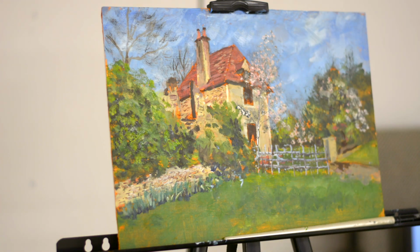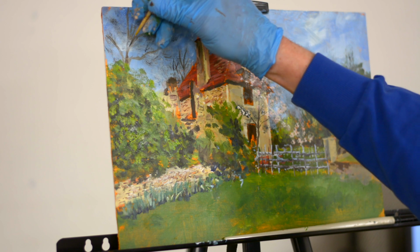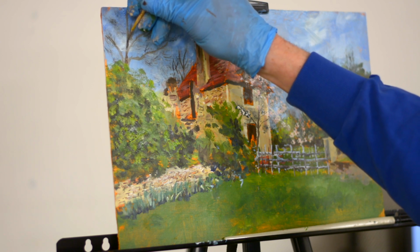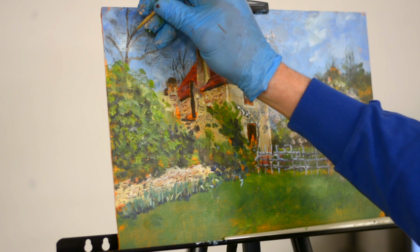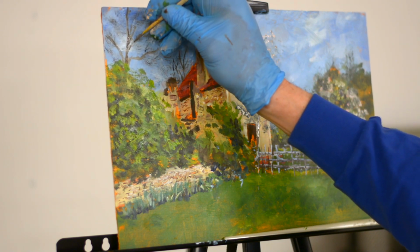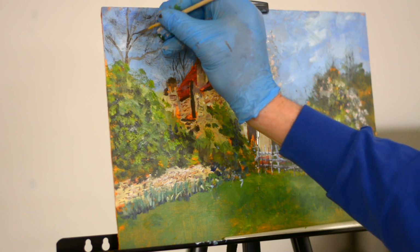And of course you can put more twigs in and carry on, but I'm not going to bore you with all that detail. I'm just trying to show you a way to proceed, and then it's up to you as to whether you want to paint more and more. I mean, this tree here, for example, there's much more dark in it, so having got it indicated with the lighter colours, I'm not going to paint it all dark. I'm just going to connect up some of these lighter patches with some more shadowy colours, and then add a few more